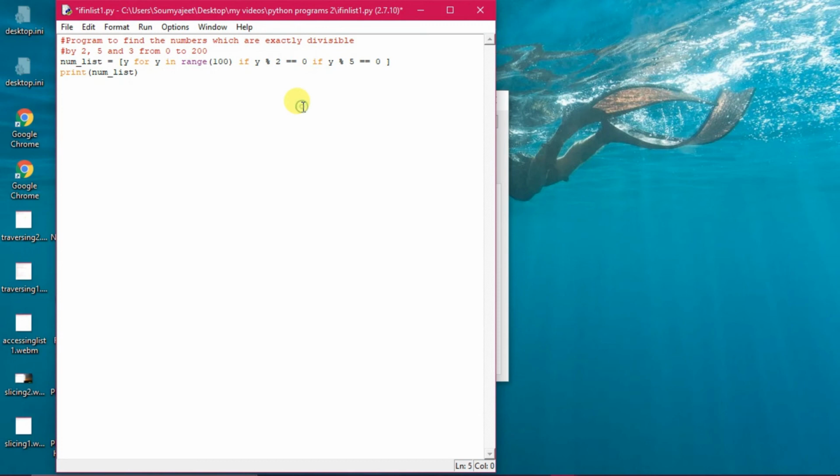The range has to be given here as 200. Then I will put an extra criterion, if y modulus 3 also, so the number will be exactly divisible by 2, 3 and 5. Okay, all three numbers.